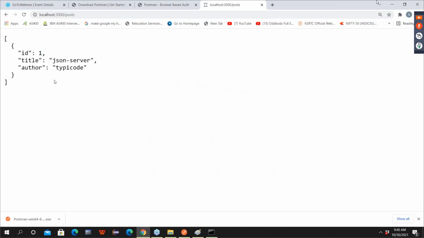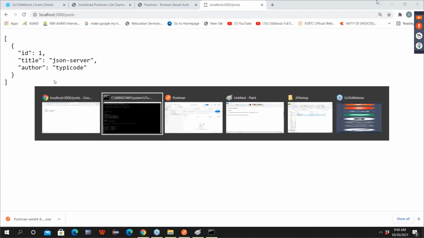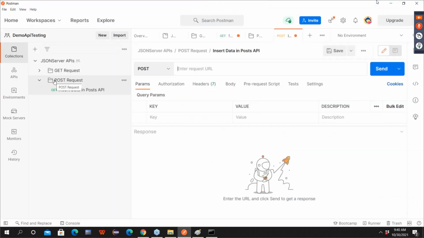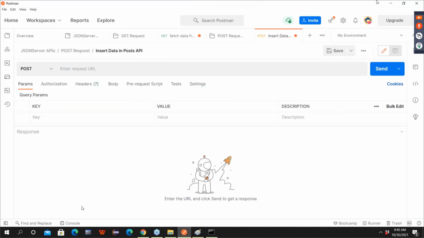For our confirmation, we will open this in a browser also, so that we will come to know. See, this is our actual data. Now we will try to send post. When I'm saying we will do post, we need how many things? HTTP method, URL, after that content type, and after that body also. What data you want to send? First thing, provide URI. Once you provide URI, don't click on send.